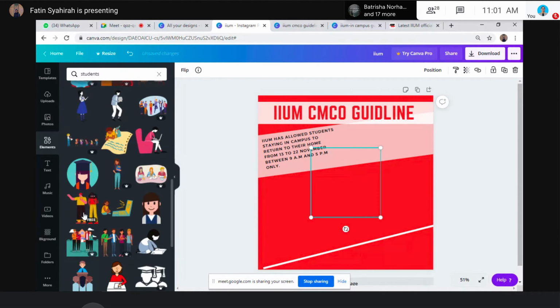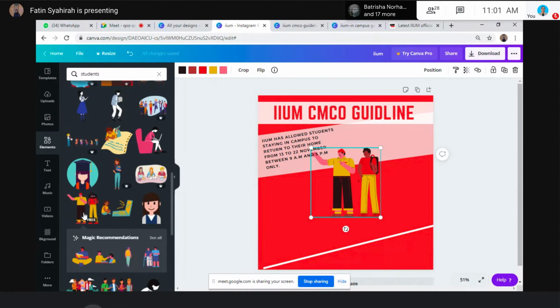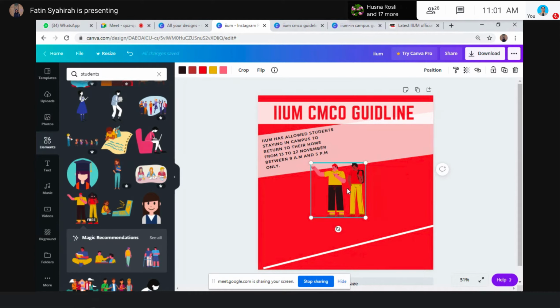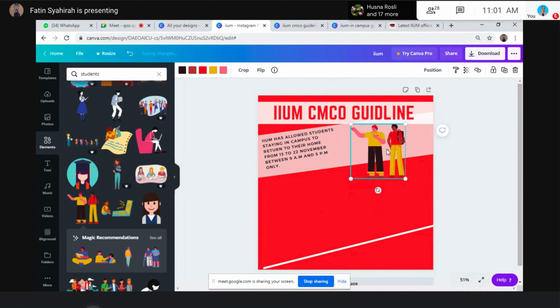Oh yeah, before I forgot, we are only going to use few colors because we don't want it to look very very colorful. So this color we might change it into, I would say, for instance, this is okay lah. Oh, never mind. So this is a student, and then we somehow